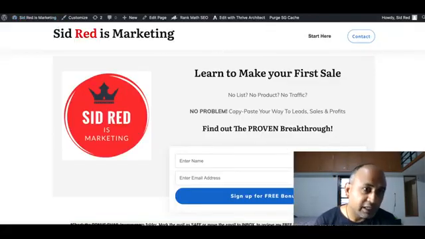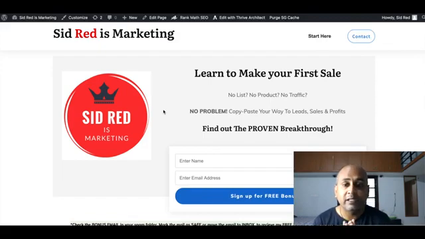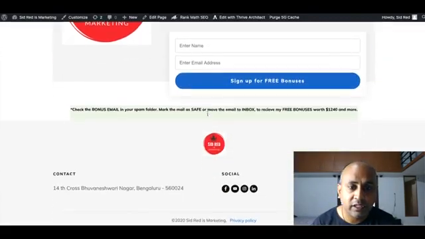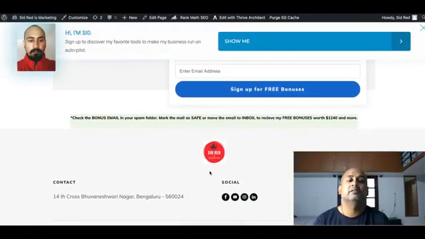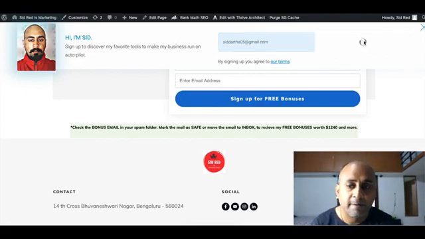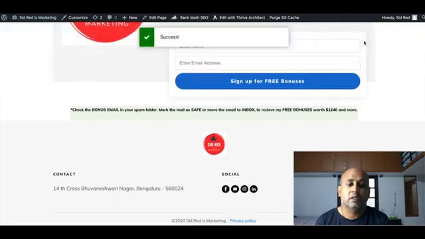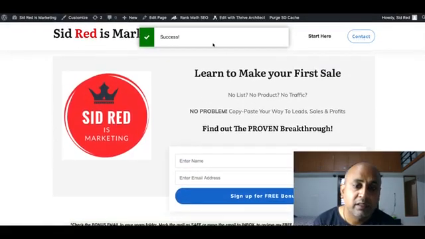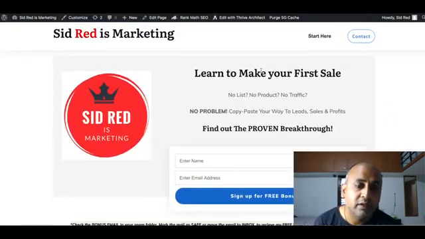Okay, we'll refresh it and we'll see whether the opt-in form comes in. The trigger has to happen whenever I go down the page. Fine, you got it, right? So here I will type my email address and click show me. Right now we are just giving a response saying that it was successfully created, some auto response saying success. Fine, and it won't show now, right?